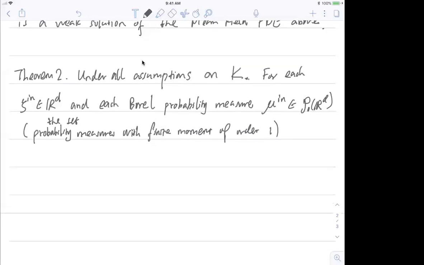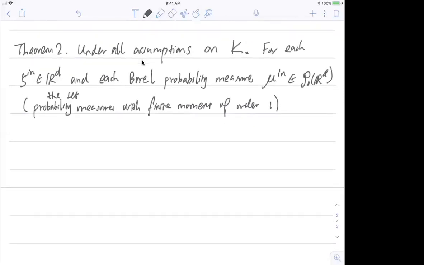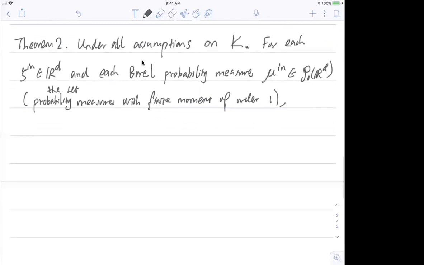So for that initial position and initial measure,